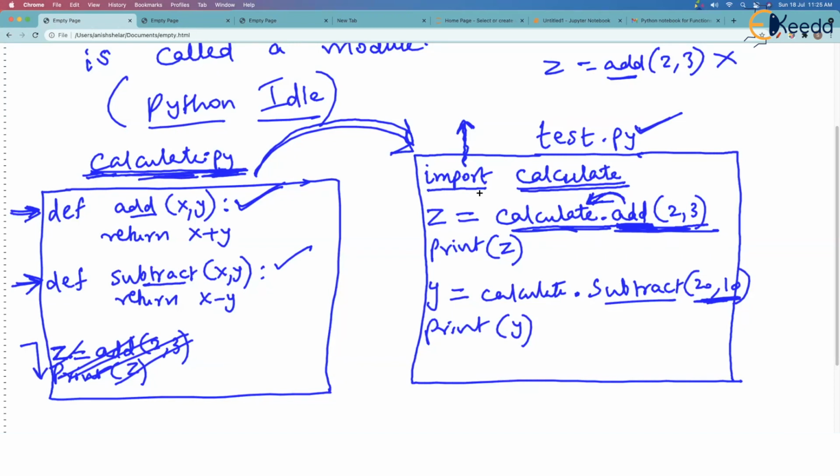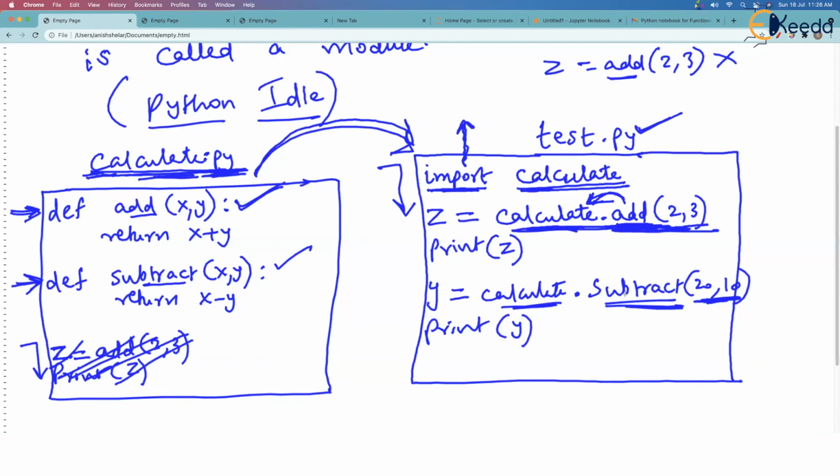By the way, I hope you have understood the meaning of import. I'm not going into technicalities of this, like if I go into the interpreter or compiler, what really happens? How are both these functions imported? What happens internally in the machine? All that. Superficially, it is like test.py now has authority over this add and subtract. It's like add and subtract are properties of this file, and it can anytime call add and subtract. Although this file does not have those definitions, it can call them simply by writing module name dot function name.